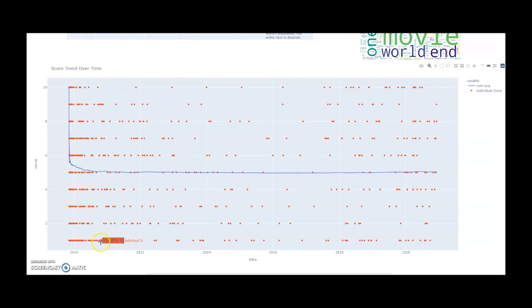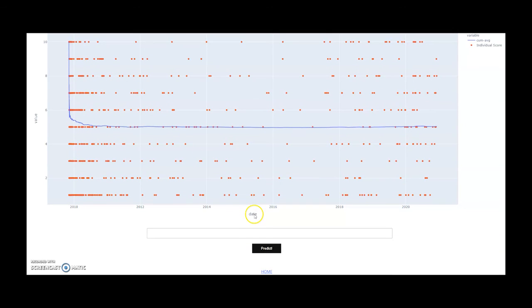Like one day in 2010, there are people voting 2 for this movie, 8 for this movie, all over the place. Alright, but our feature is this train model. I did this recording once, but I'm just such a slow typer right now, so I'll just copy and paste. But I did not hit predict last time, so it'll be fair game. I don't really remember this movie because it's so long ago, but I just said I love this actor, but the director ruined it, so don't waste your money on this.